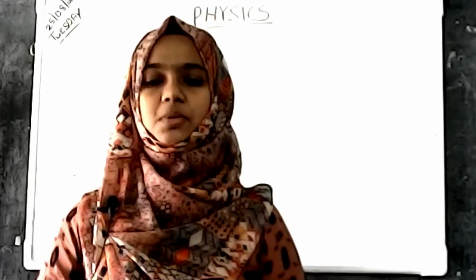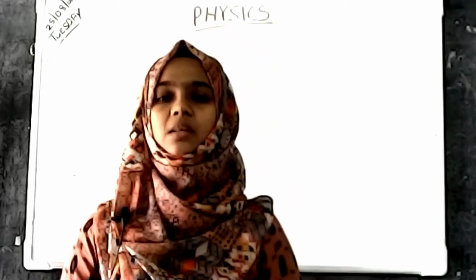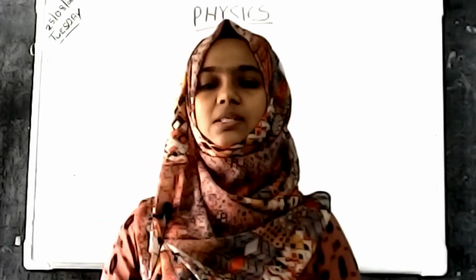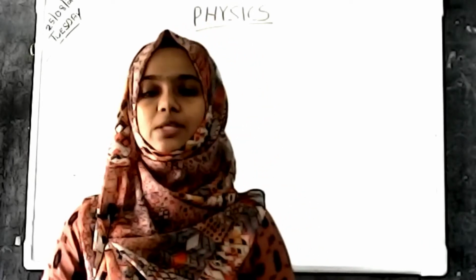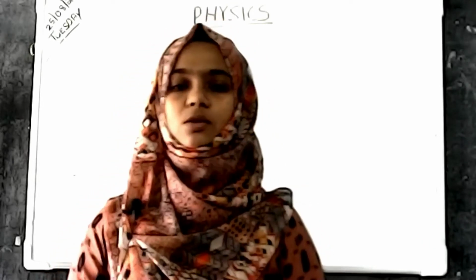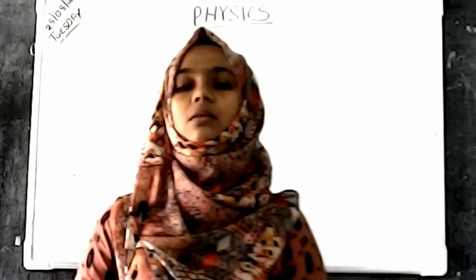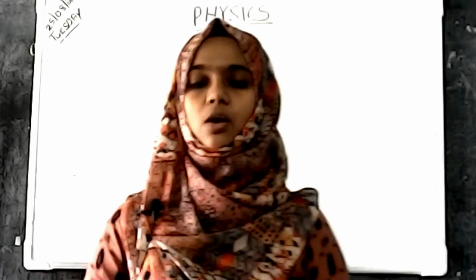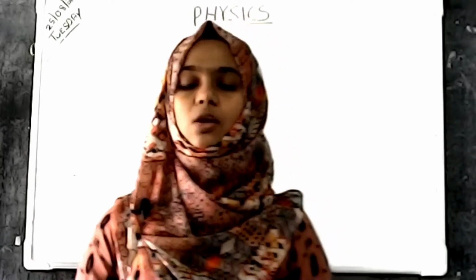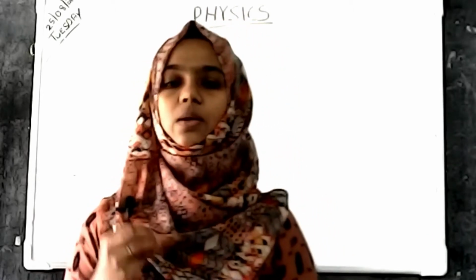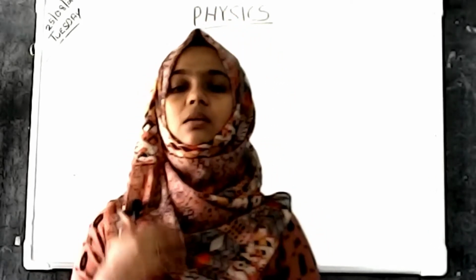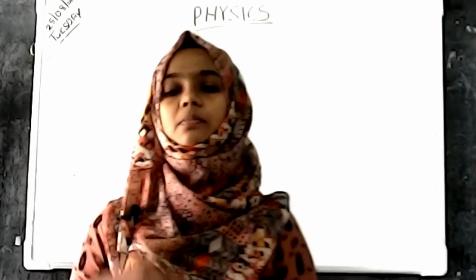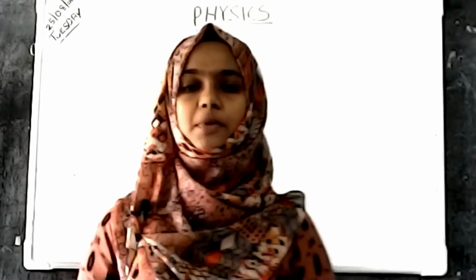Today we have to discuss arrangement of resistors. In the previous class we discussed Joule's law and some problems based on Joule's law. In that class we did some problems on the basis of Joule's law and its equation, H equal to I squared R t. We completed a table and did two other problems.